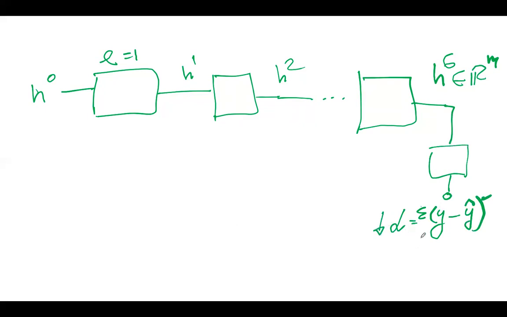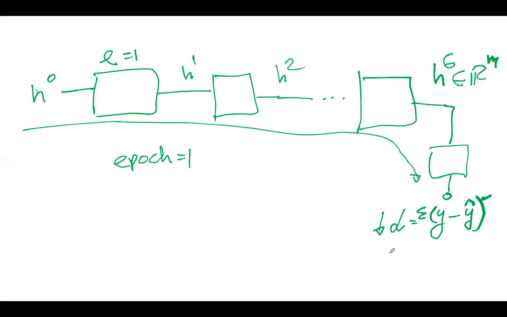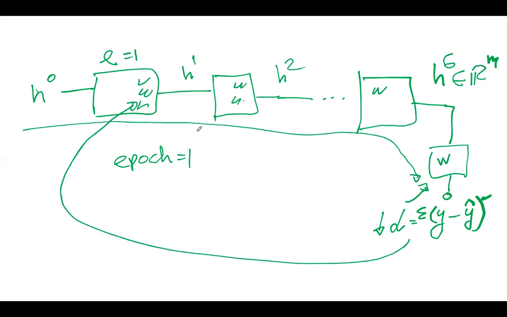So after the first epoch, you just feed forward these things sequentially. And after the first epoch, you get this loss, and you use the loss to back propagate and update all the weights at the different heads that you have in this back propagation function, and so on and so forth. So you just back propagate the weights. If you keep training this, let's say for 100 epochs, the hope is